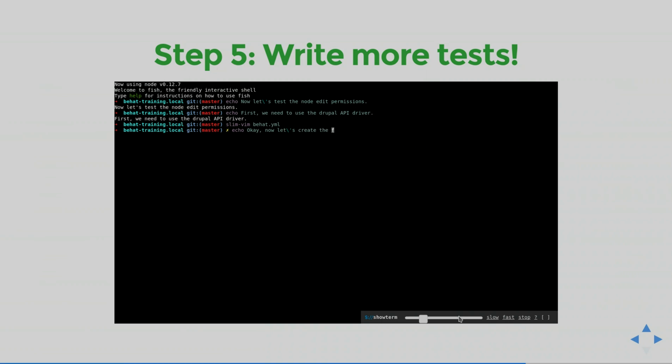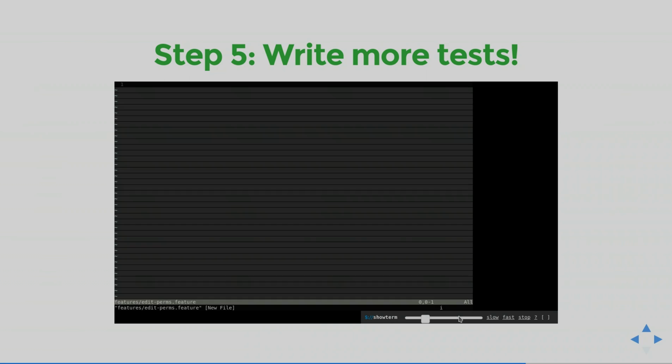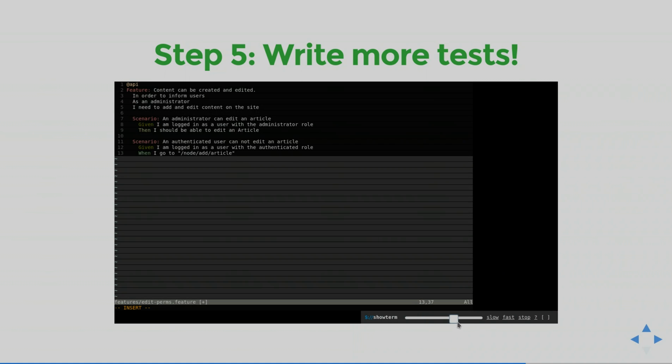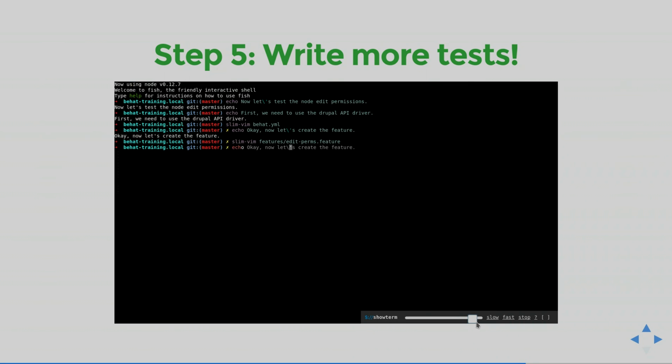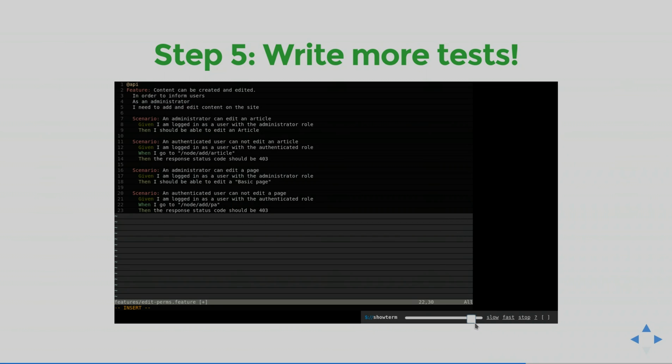Okay, now that we have the driver set up the way that we need it, we're going to create the feature file. Called it edit perms feature, and I'm just going to fast forward. Too far. Okay, so the thing that's different about this from the previous feature that we created, other than just